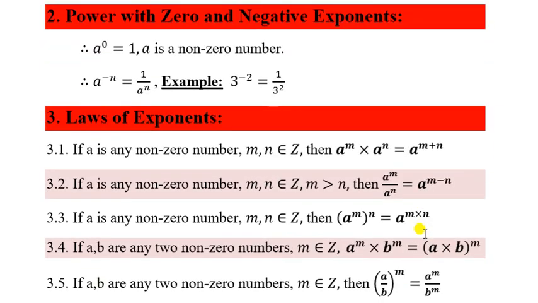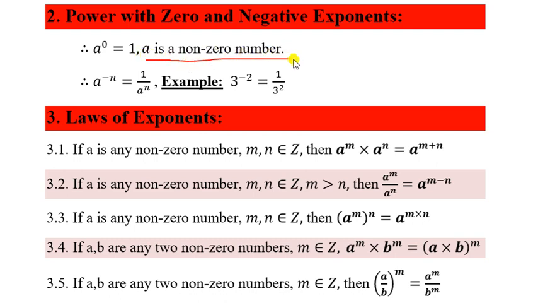Now we have to know power with 0 and negative exponent. Power with 0, that means we can get this kind of exponent also when the power is given as 0. See, a to the power 0, it can be 5 to the power 0, 6 to the power 0, minus 2 to the power 0. It can be any number, but non-zero number. You should remember that, non-zero. I have written here a is non-zero.